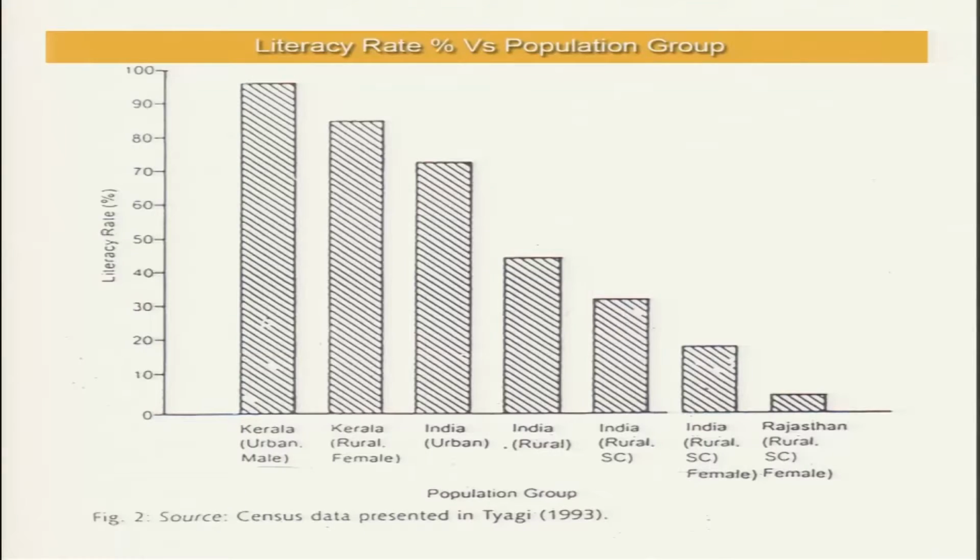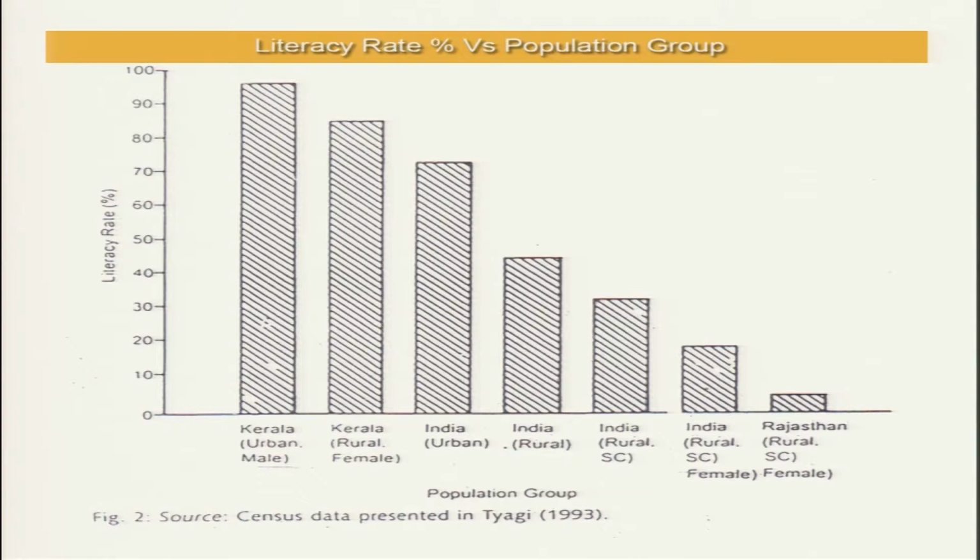So this way, someone who lives in rural Kerala and is female has a little more than 80% chance of being literate. And if you take a look at the all India figure, for someone who lives in urban India, there is a 70% chance that the person will be literate. And the same figure, if someone lives in rural India, is around 40%,